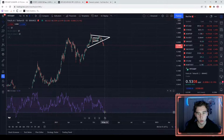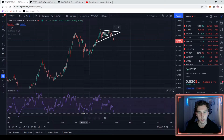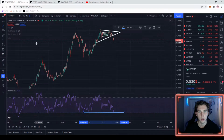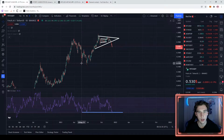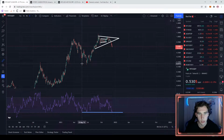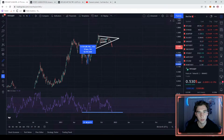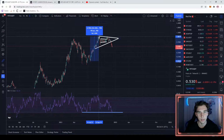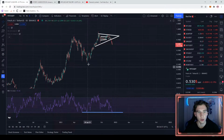we're almost in oversold territory, about 31, and you can see we've had support here in the past. I can draw a line here to show the level we're at. The last time we were at this point was here and here. So let's have a look. On this wick, on the daily time frame, a 150% move happened. Mind you, this 150% move only took us to about midway in the RSI. Then we came down even lower, and there was a 90% move here. We came down, didn't quite get as low, and then we saw this big move of 500%. So pretty much, when we've come down to this level, historically, we've had pretty good moves up,